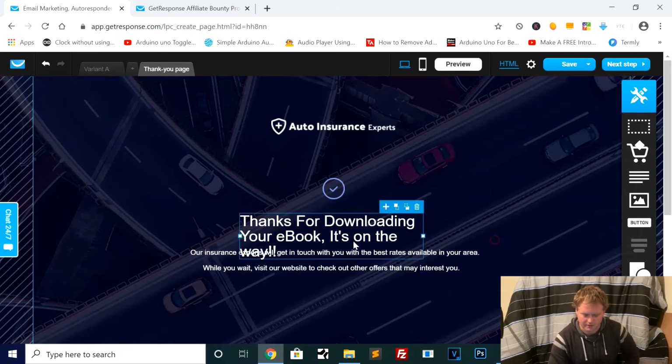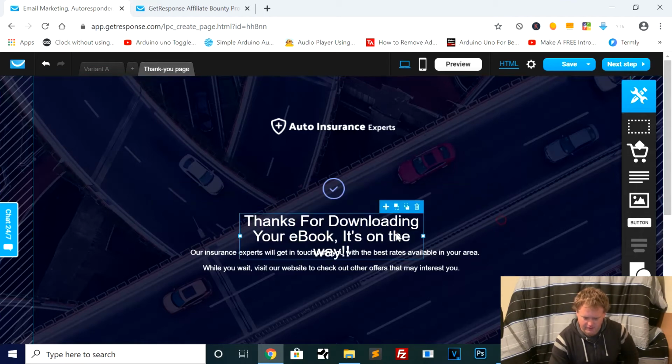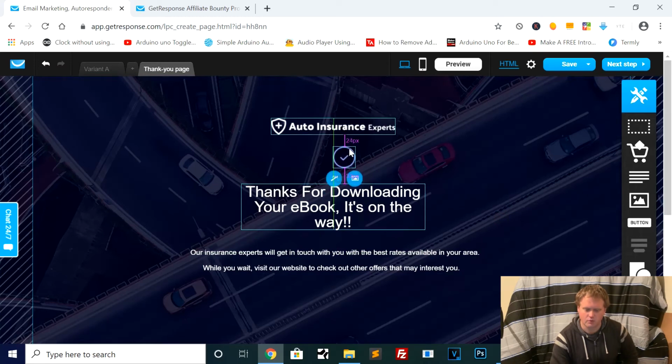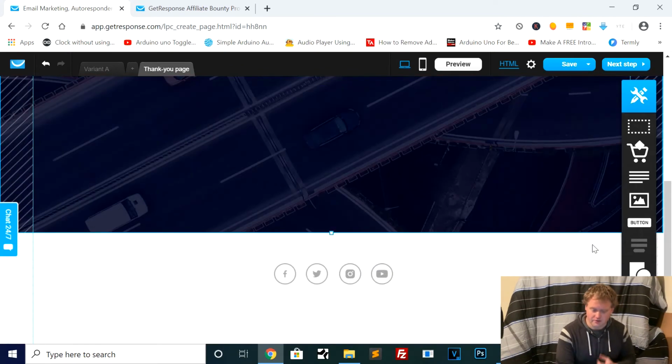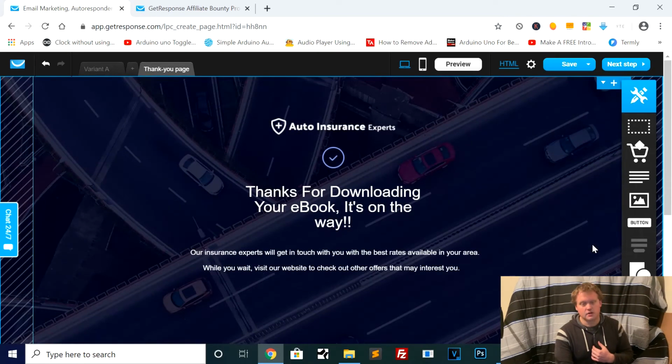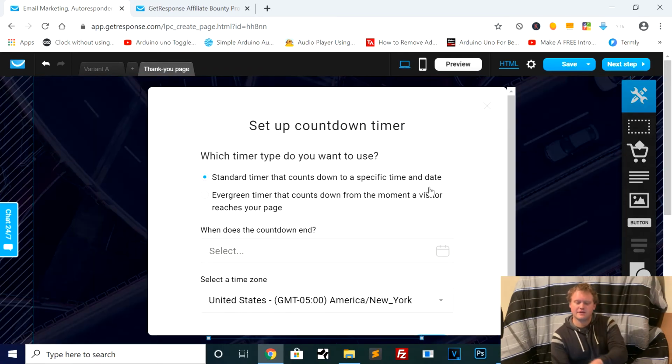And then you can boom, and then center, and then size it where you want it, whatever. Not going into great detail. I'm pretty sure you can figure that out. It's super, super easy. It's a lot easier than coding, but I do like coding. And there are other things you can add, like a countdown timer. Typically on this page,